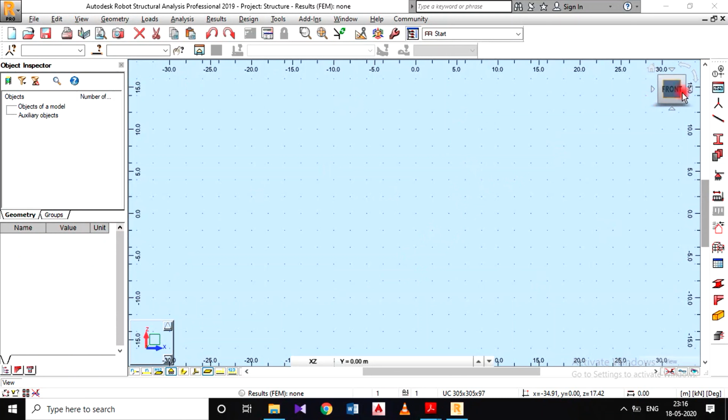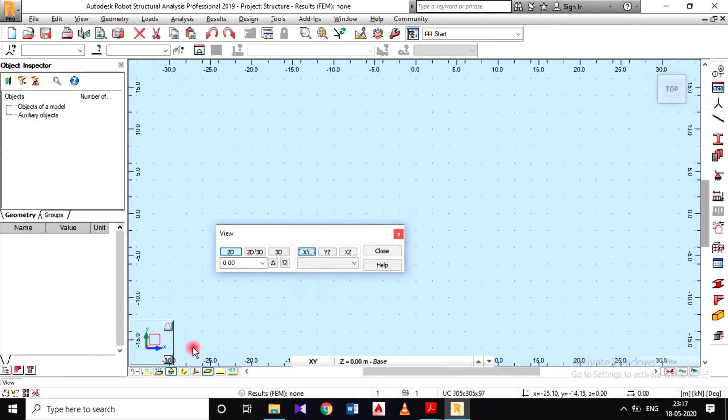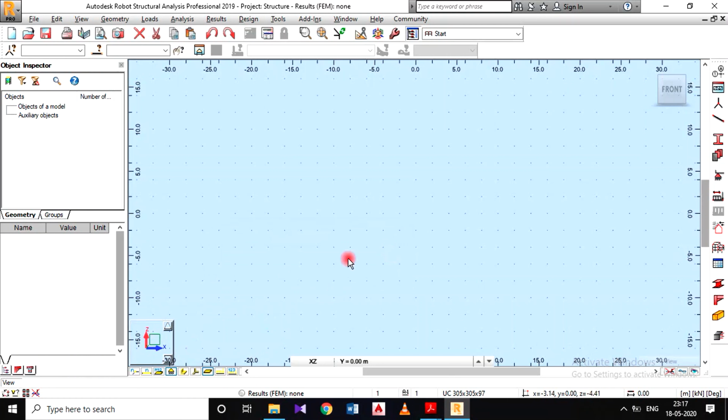We have a view cube to change the face of the view. This one is the view manager, for shifting between 2D and 3D views. If I click here, you can get the options. You can change the view from the XZ plane to XY. It is in the XY plane. If I click on XZ, you get X and Z. I will close this.